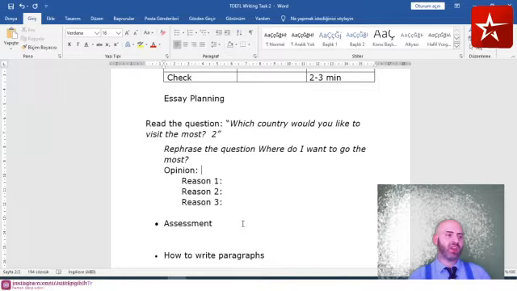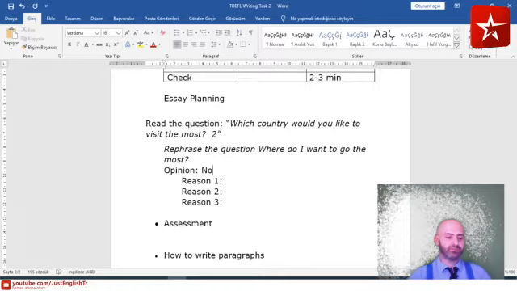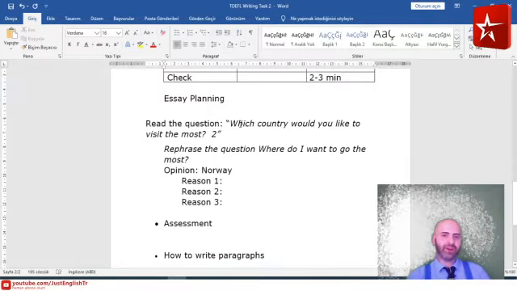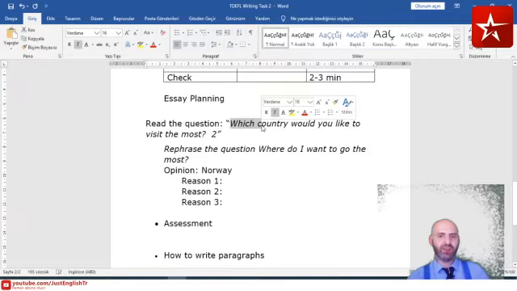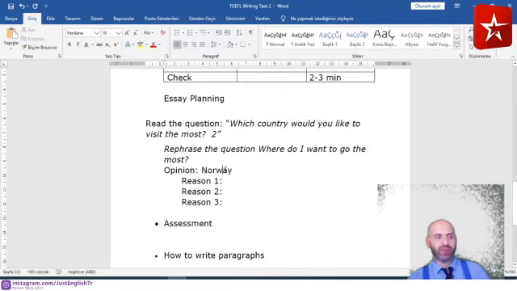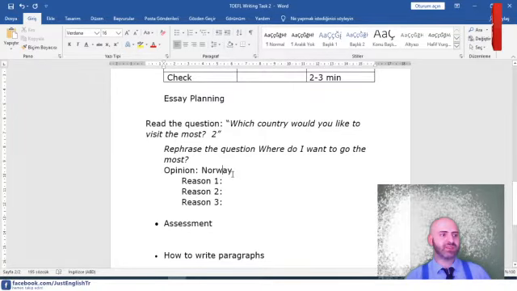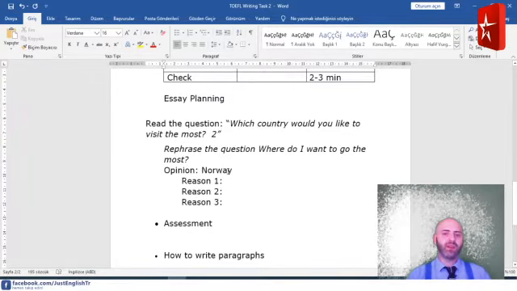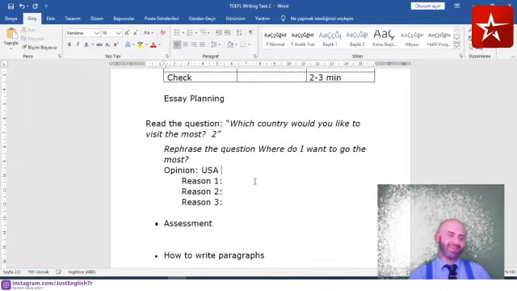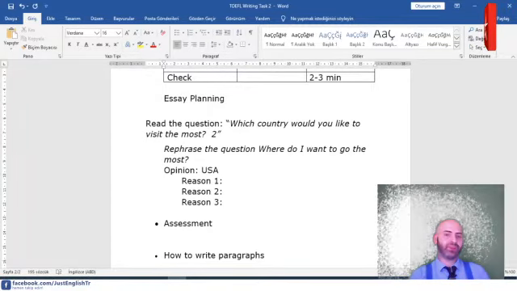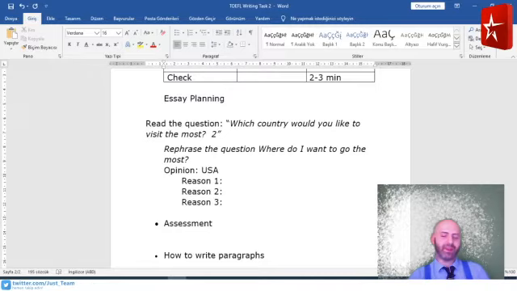So this is my opinion. I want to visit Norway. I'm answering directly the question, which country? Answer is Norway. So Norway is my opinion. Another person thinks Japan, USA, etc. Okay, I will write USA because I feel closer to this country. Now I need to come up with 3 reasons. Why do I want to visit USA? So reason,